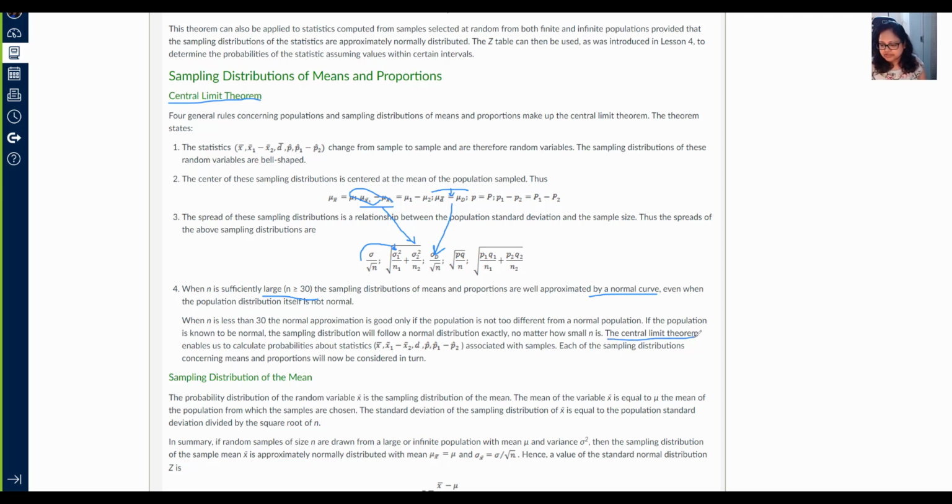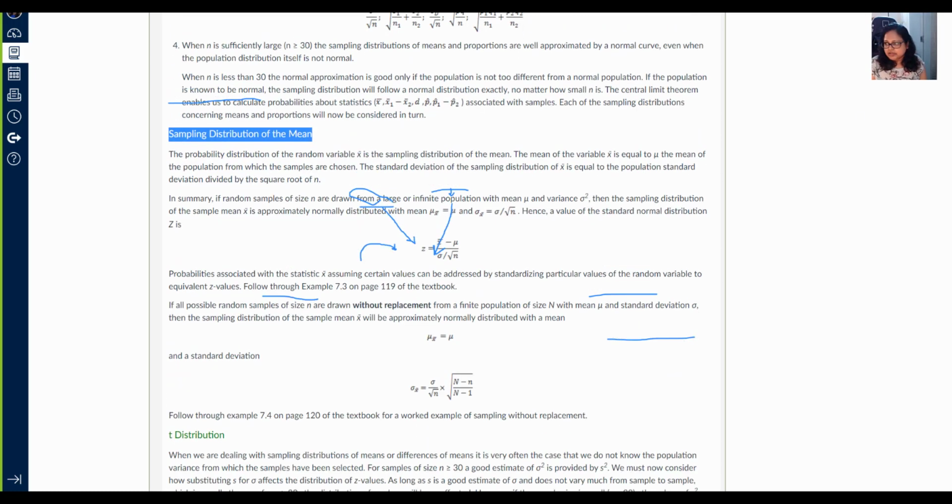That's what we have in the central limit theorem. And then the sampling distribution of mean, I just showed you in the slide. So let's actually clear the screen. Okay, so we can standardize them,